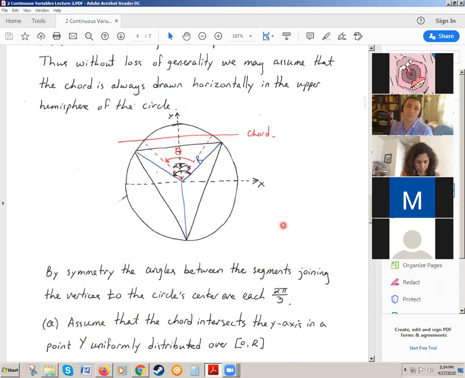A uniform random variable is the simulation of every event being equally likely, right? Every place being equally likely. And so that means that the histogram generated would be a rectangle, correct? Equally likely means that if I were to simulate it, the chord will be dropped in every region. If I divide this axis into very small regions, exactly, Josh. It's 1 over R, because the area must equal 1.